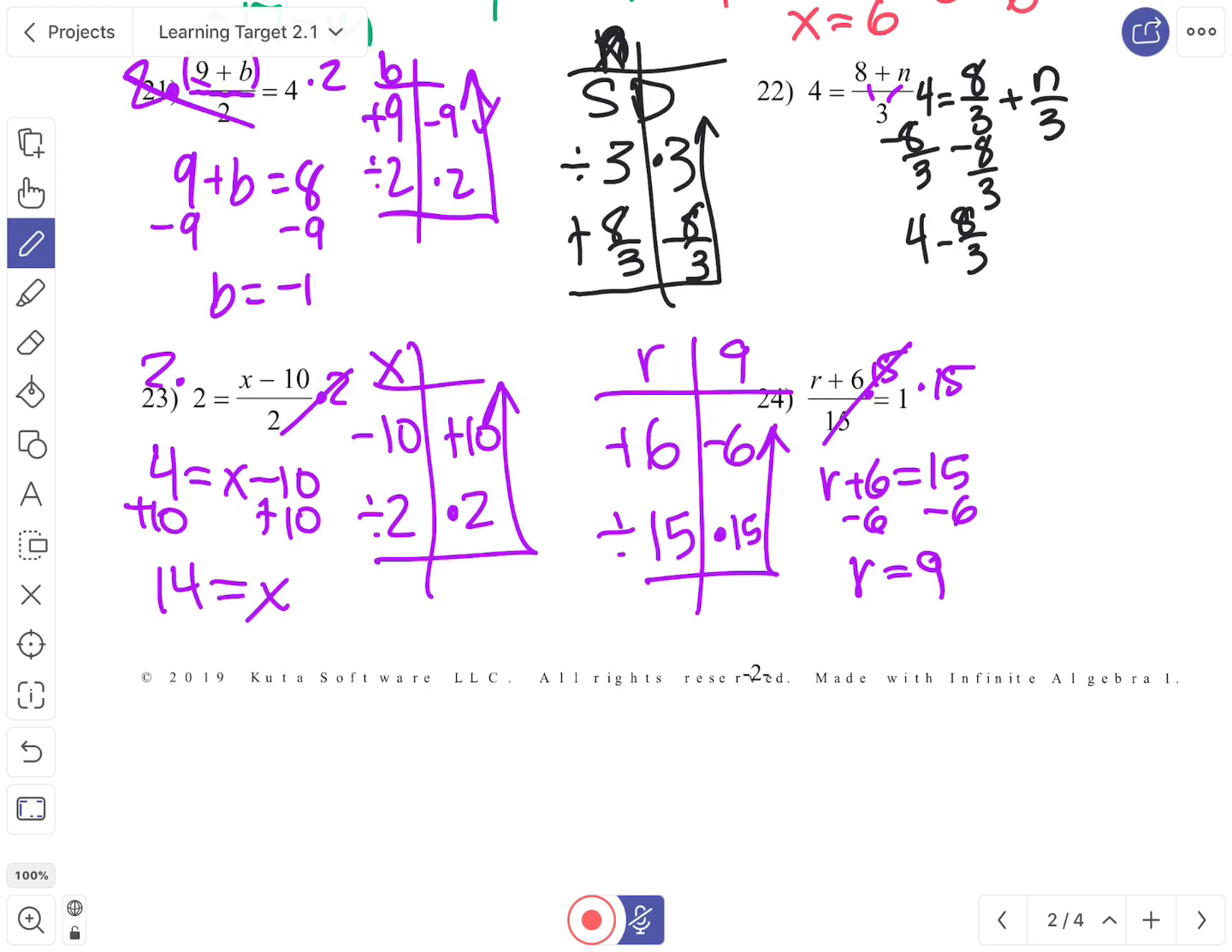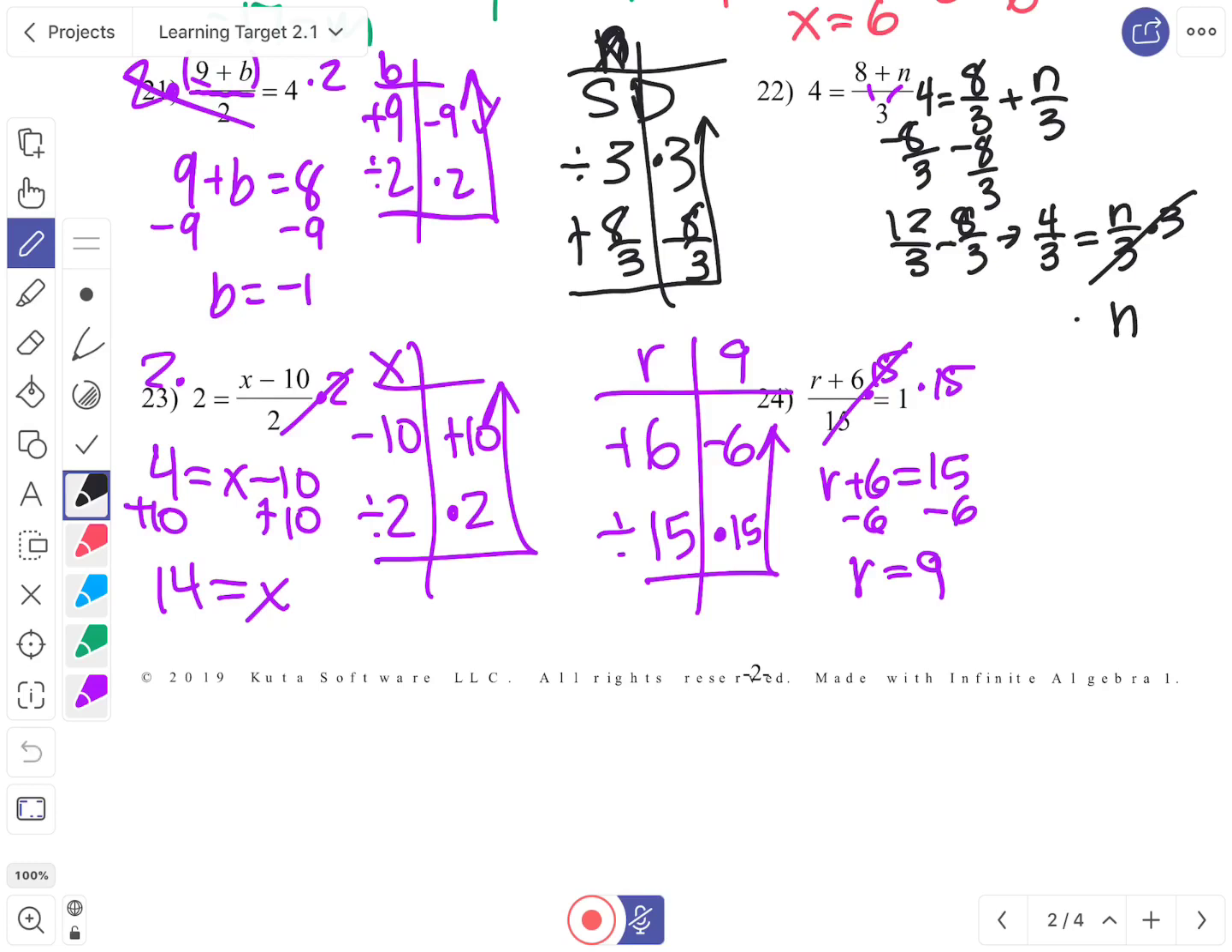Okay, so 4. If I times 4 by 3, that would be 12. So 4 would actually be 12/3, wouldn't it? 12 minus 8 would then give us 4/3 equals n over 3. Then I would times by 3. Times by 3, that becomes 1, giving me n. Times by 3, that becomes 4, giving me, well, 3 times divided by 3 becomes that, and I get 4